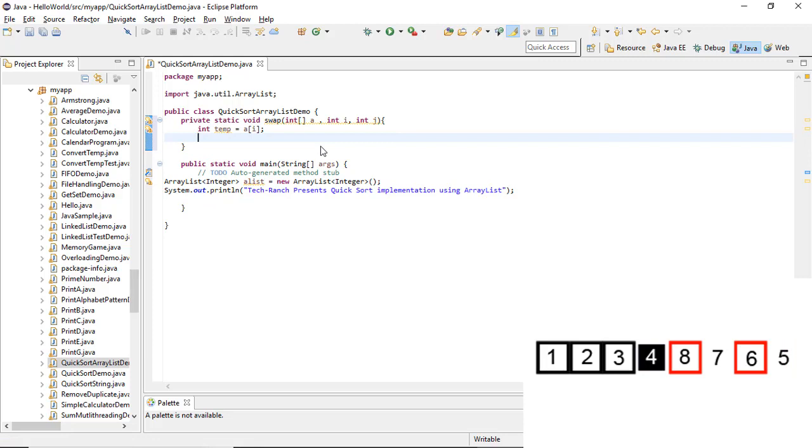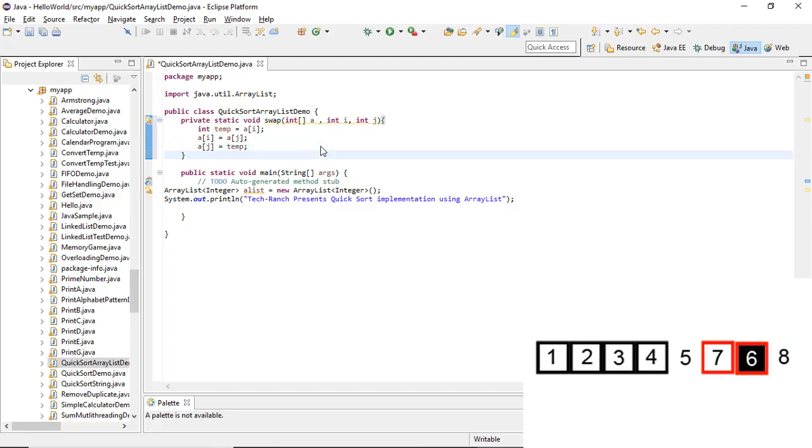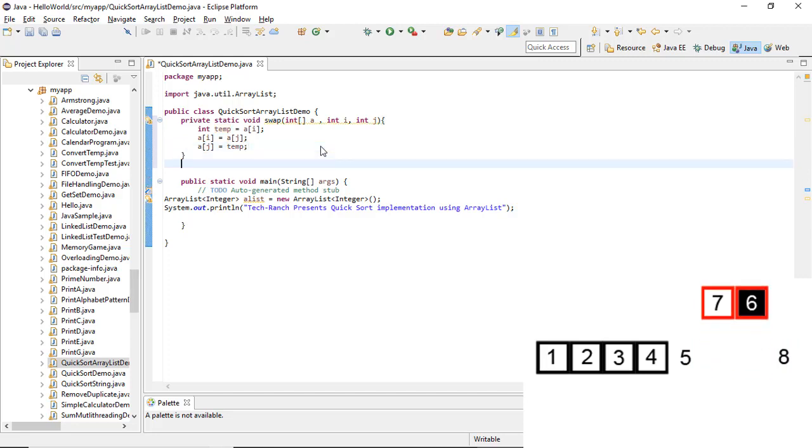And a[i], our array, is going to swap with a[j], and once this is done, then a[j] is going to be assigned from temp, some variable int temp. So this will help you to simply swap. Now next method we are going to implement the quicksort